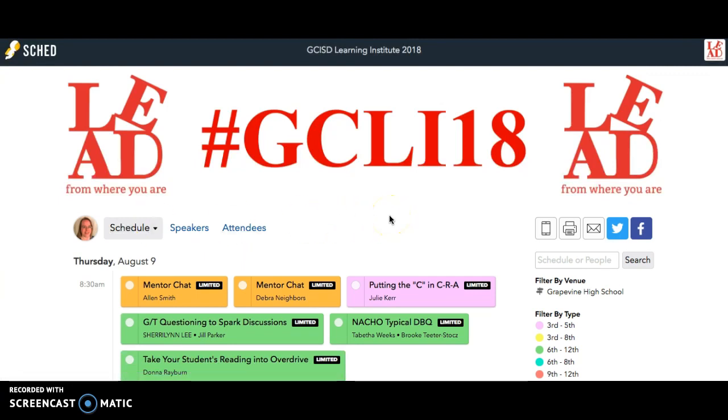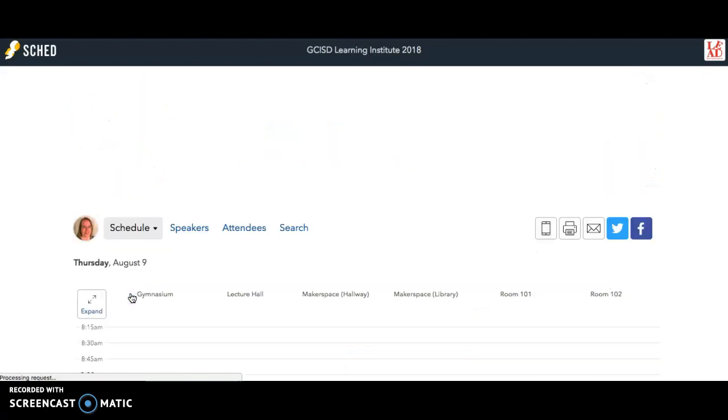The great thing about the simple view is that it shows you the whole name of each session, which is great to see, and it's organized all the sessions by when they start. However, it doesn't tell you anything about when those sessions end. And some of these sessions might be 20 minutes, some might be 50 minutes, some may be just 10 minutes, mentor chats, and some might be as long as 80 minutes, but you don't know that by looking at just this simple schedule. So for this reason, I would suggest using the grid view of the schedule.